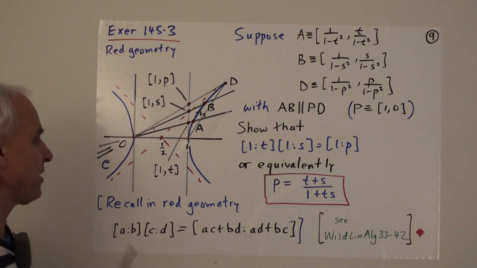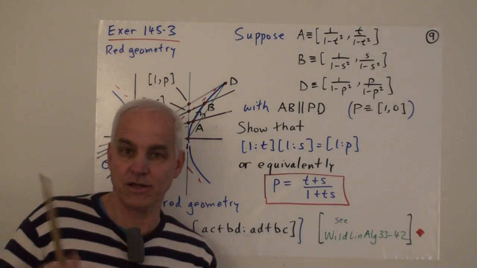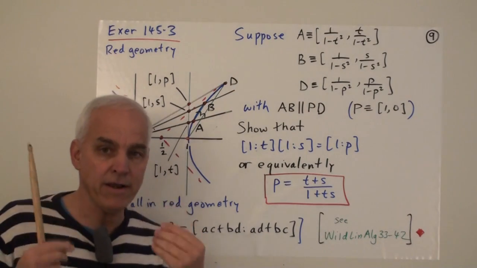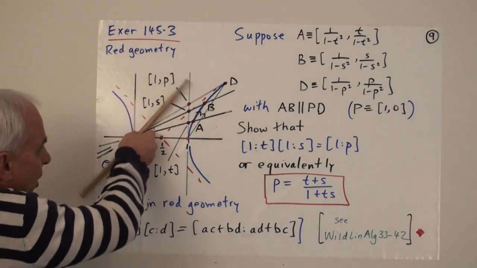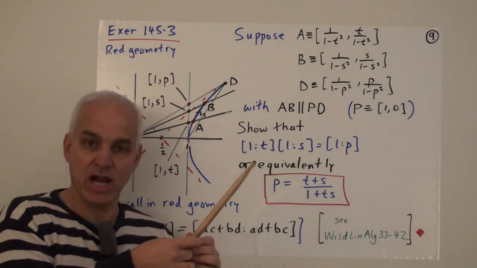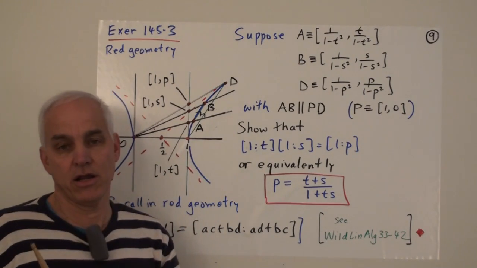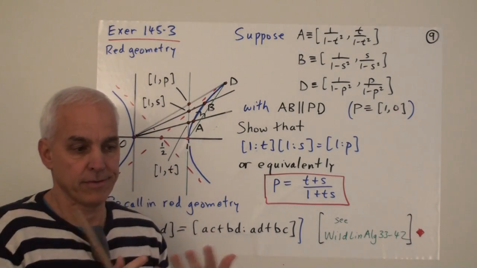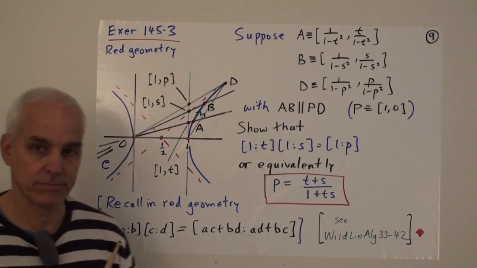So we see a lot of things connecting here. We see that this Einstein relativistic addition of velocities is really a one-dimensional phenomenon at heart. It's really a story that's describable just in terms of this one-dimensional projective situation where we have this algebraic structure coming from this red geometry.